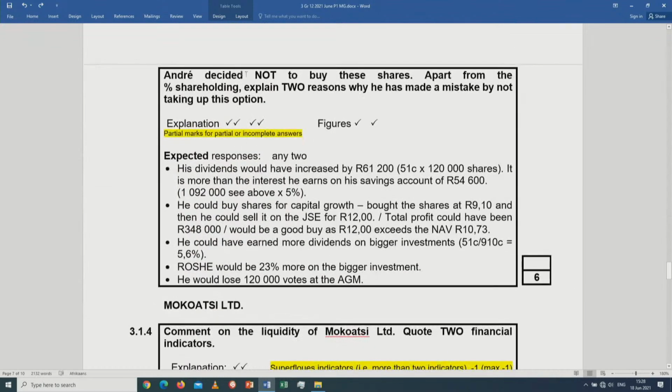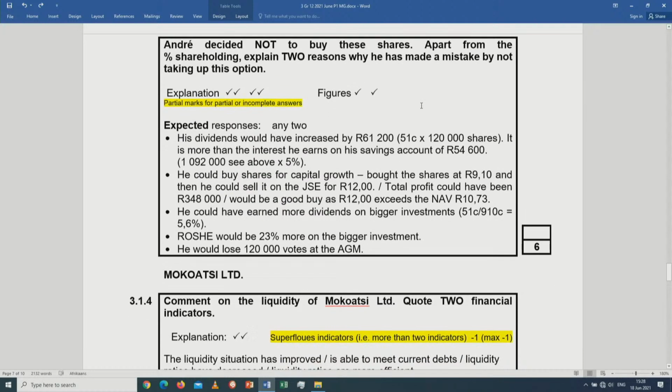Okay, colleagues, let's move on. Andre decided not to buy these shares. Apart from the percentage shareholding, explain 2 reasons why he has made a mistake by not taking up this option. Explanation, 2 reasons. So one explanation 2 marks, another explanation 2 marks, with figures 1 to qualify for 6 marks. His dividend would have increased by 61,200, which is 51% of the shares that he needed to buy. It is more than the interest he earns on the investment in his savings of